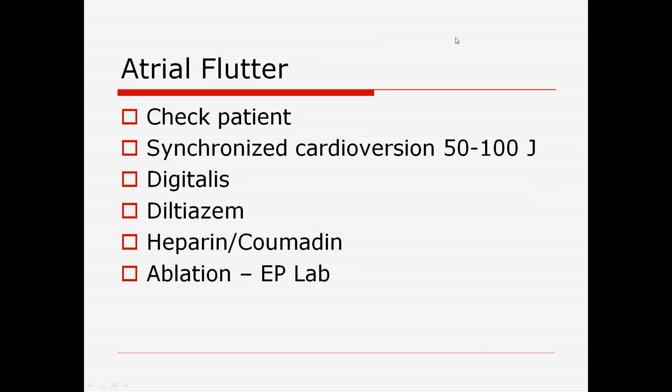Atrial flutter. We're going to check the patient again, like the others. Is the patient tolerating the symptoms? What kind of symptoms are they having? Sometimes atrial flutter can be controlled by digitalis or diltiazem. That's a common thing. We can take the patient to the EP lab and try to kill the cells that are causing the atrial flutter. If we need to synchronize and convert the patient, it's the same as shocking, but it's not the same as defibrillation. So remember, if someone needs to be defibrillated, that's using the same machine, but it's different than cardioversion,